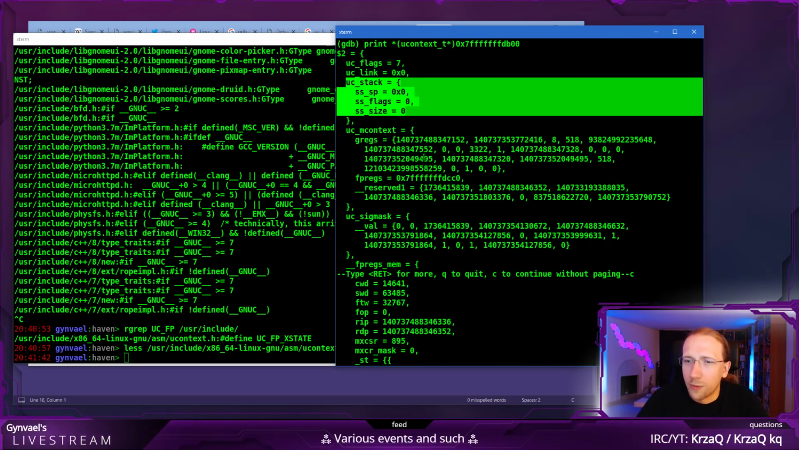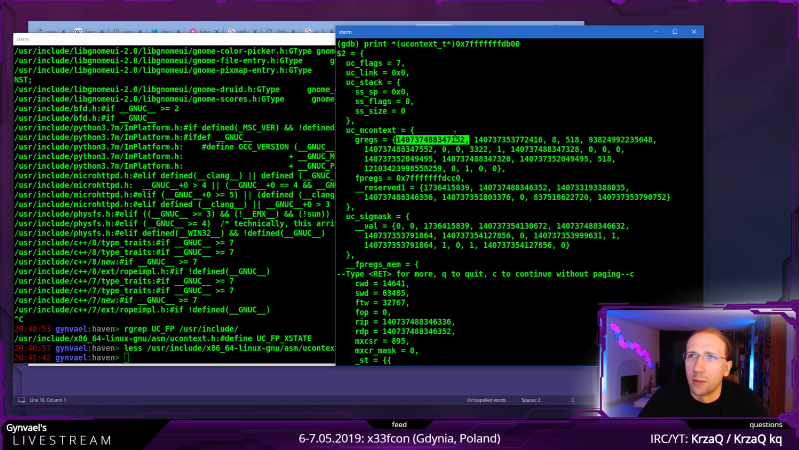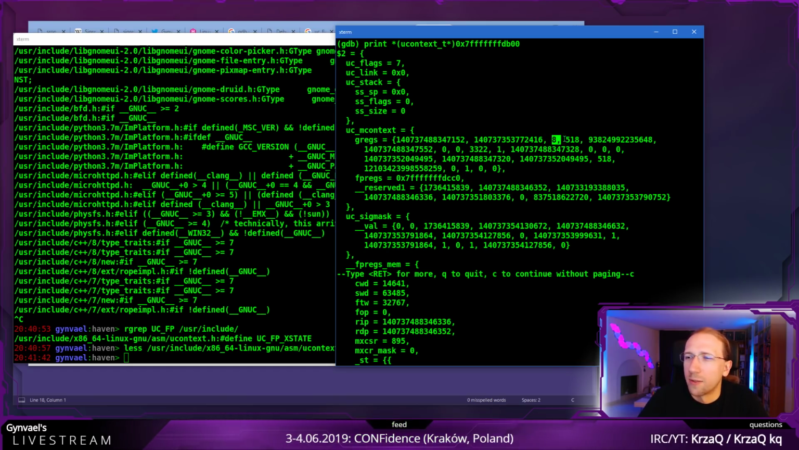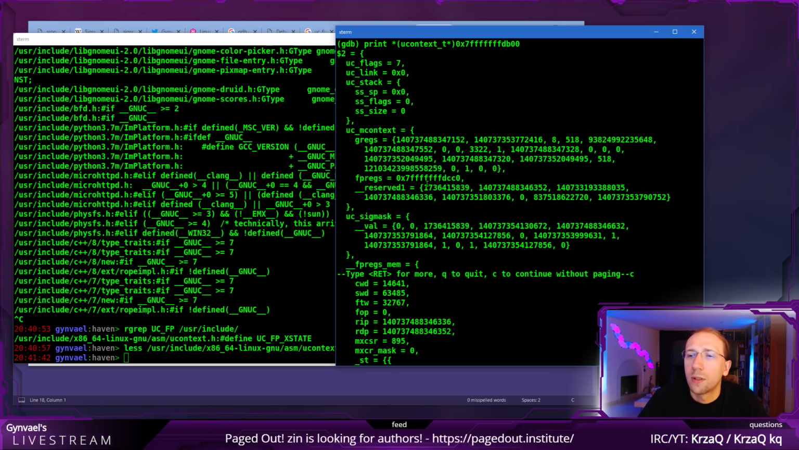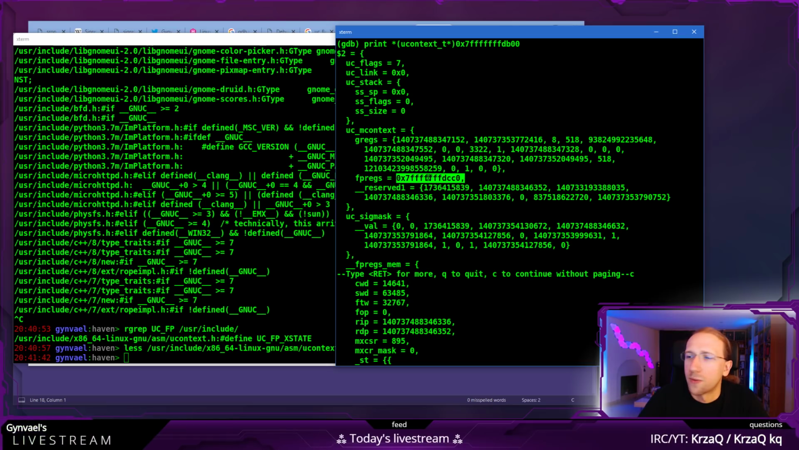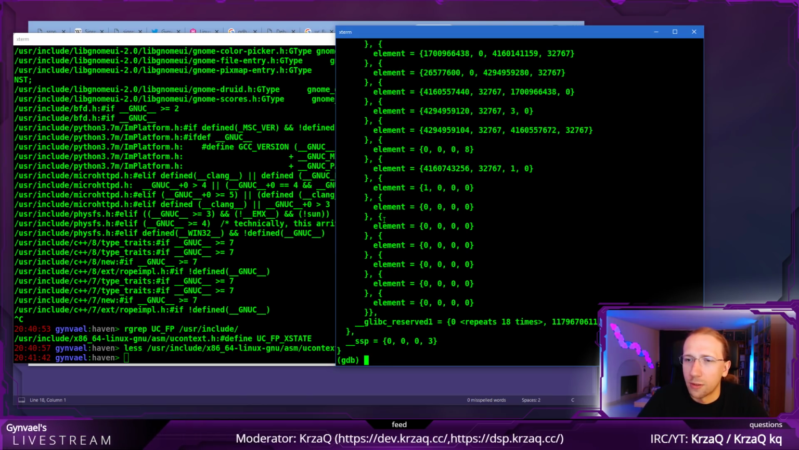Sorry. And let's look at what else. Here are the general purpose registers, which would probably be, I don't know what the order is, and we will have to check it out. That's probably RAX, RBX, RCX, RDX, and so on. Then floating point registers. Oh, I'm not really sure what this is because it's only one value and there are a lot of floating point registers. Is this a pointer to where the floating point registers are? It might be. And then some signal mask information and